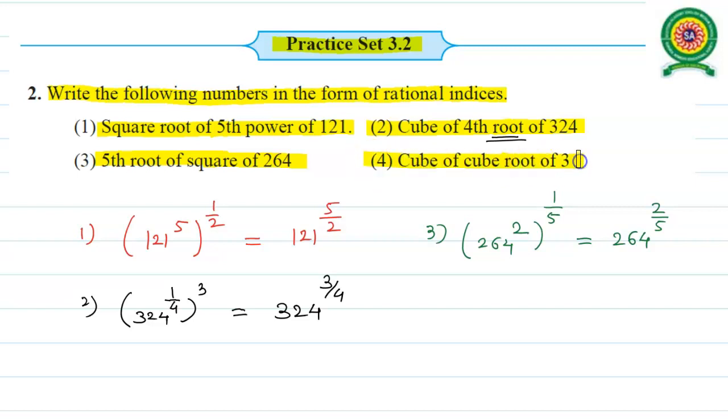Look at the fourth sub question now. Cube root of 3. Read it carefully. We have the cube of, that means raised to the integer power 3. Cube root of, that means now we have the rational power 1 by 3. Of whom? Of 3. So ultimately we are having 3 to the power 1 by 3 into 3, becomes 3 by 3, as 3 to the power 1, means we have 3. Keep in mind, but we have to write it in the form cube of cube root of 3. On simplifying we get 3.